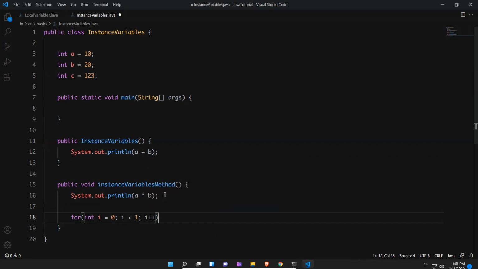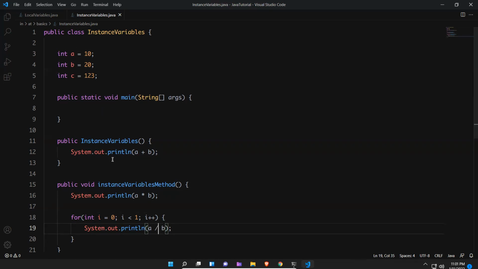Don't bother about these things, we will discuss them. Here also I'll put a by b. If the scope of this a, b, c were restricted, then I could not use them in these methods or blocks or in the constructor.